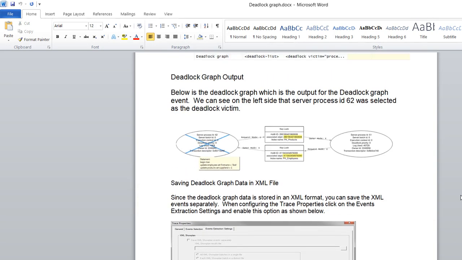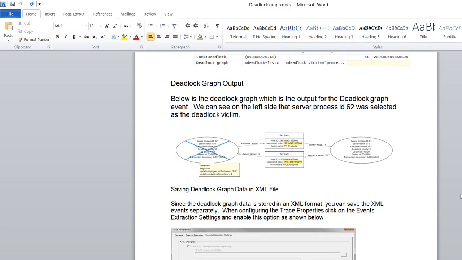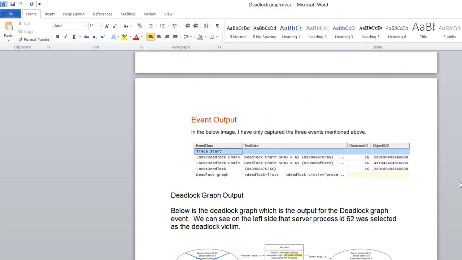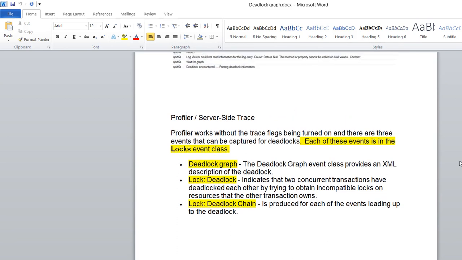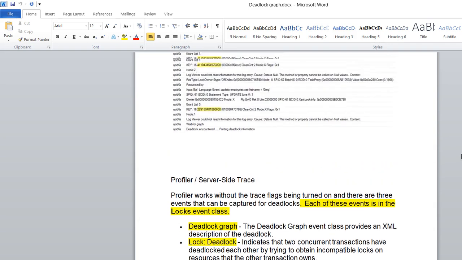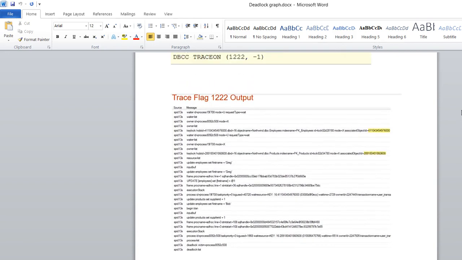So in this session I was trying to tell you that the best approach to resolve the deadlock is the profiler. What I said at the starting point of the session, we have two approaches to enable the deadlock trace, and we can use the profiler. But the trace is not a good approach.